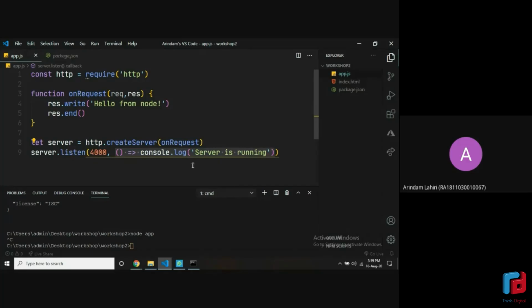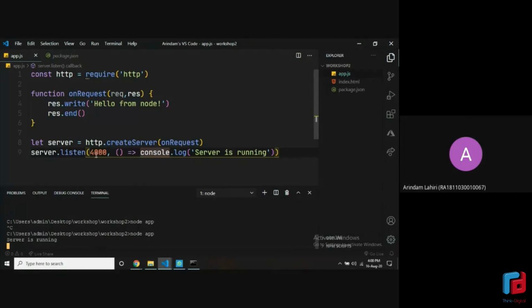What function you provide here. I hope this syntax is clear to you, because I explained it earlier, the arrow function, that's how it looks like. And we are writing just one line here, which is console.log. So let me just show you how it works. If I run the app again, this time see it says server is running, all right, because that's what I put here.